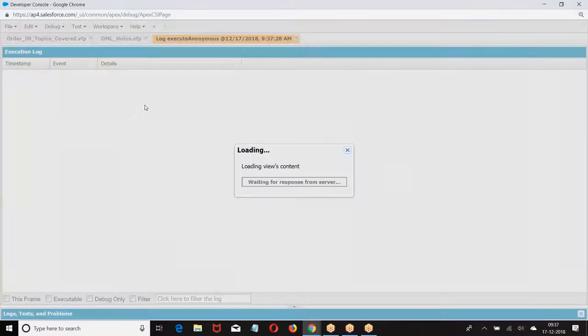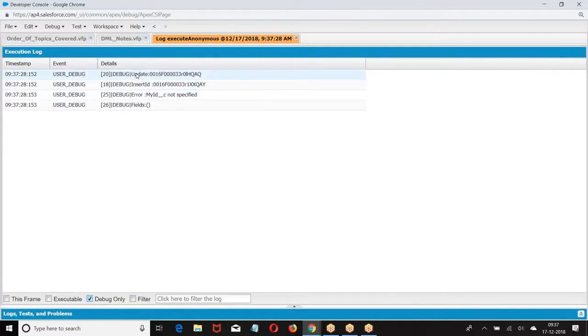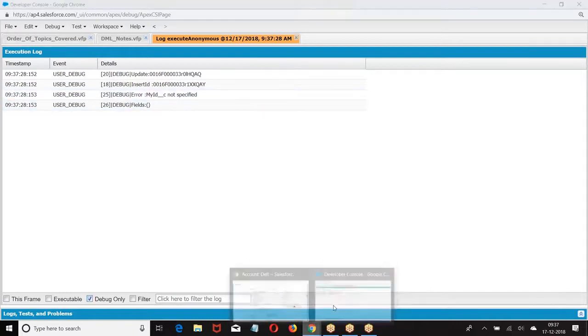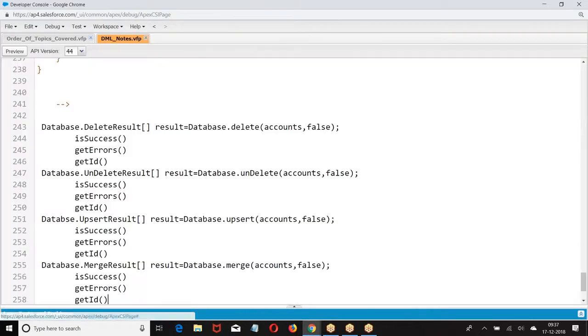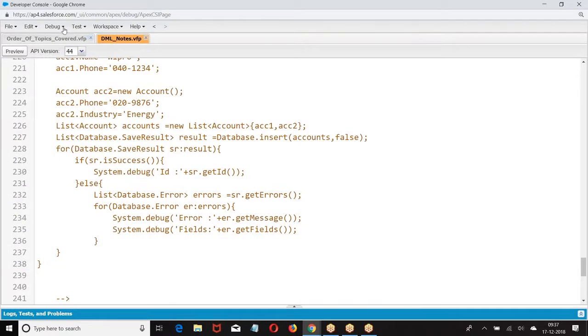Right. Let us go back. So we got record updated, record inserted. Then we have my ID not specified, an error message. Okay. Now let me make one more point here. We are expecting a different type of error, but we received a different type of error. So let me change it here.